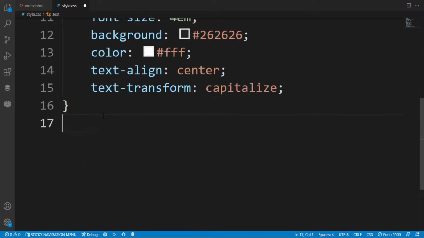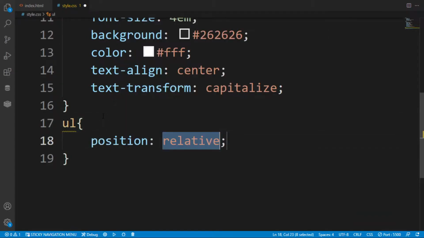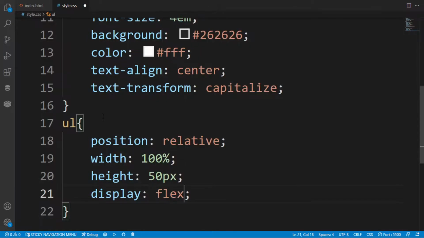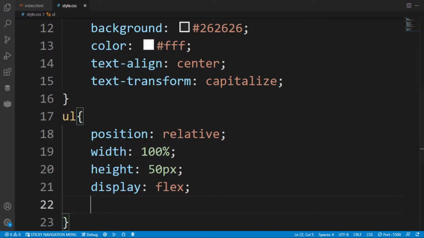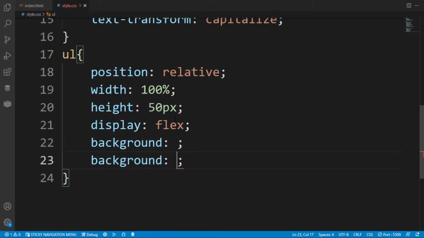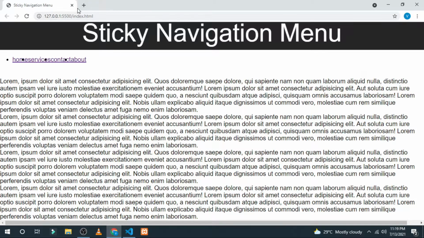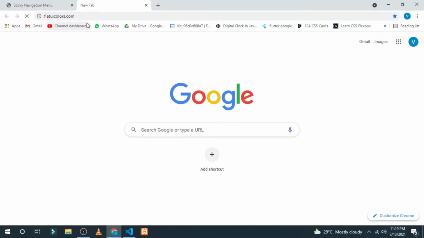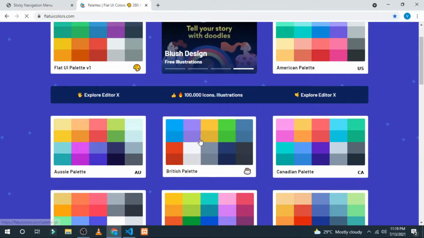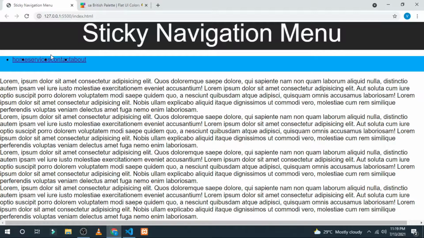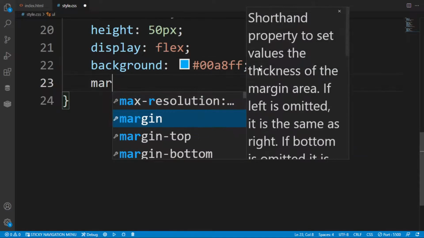So here in this UL I want the position also to be relative, width 100%, and height I don't want to be more, so 50 pixels is enough. Here I am giving display flex. After saving it, as you can see they have been aligned in a line. For the background, I am selecting a beautiful color with the help of Flat UI Colors. In this, select this color table. Now paste this. After saving it, as you can see in the preview,